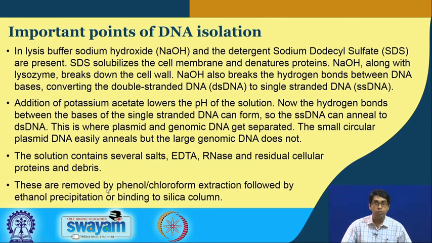We can use phenol chloroform extraction and separate out the DNA in the aqueous phase and then precipitate it using chilled ethanol, and then again do this washing several times to get a very pure DNA. Or if the amount of DNA is very small, we can use a silica column, where we add this solution directly to the silica column and wash it, so that everything else goes out and our DNA remains bound to the column. We can then elute the DNA from the column using water or TE buffer, which is Tris EDTA buffer at pH 8.